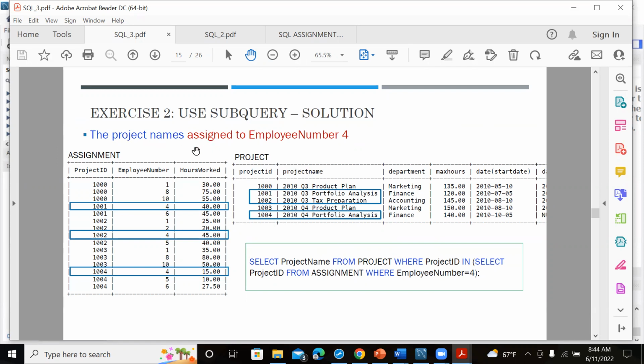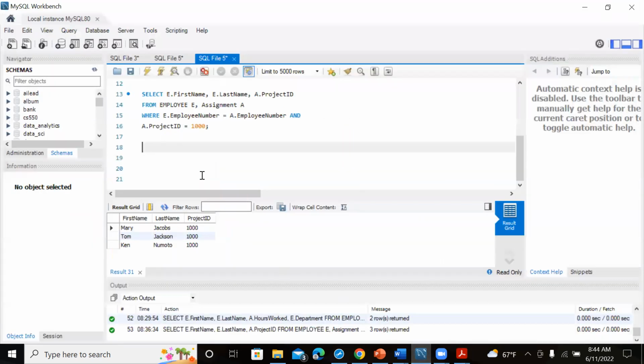And then to make it clearer, we're also going to select employee number, just to be sure our query is correct. But we are going to give a condition at the end that we want where employee number is equal to 4. That's the condition. Okay, so we'll select